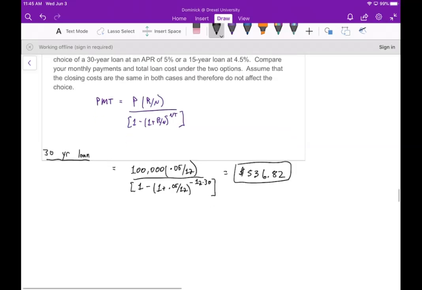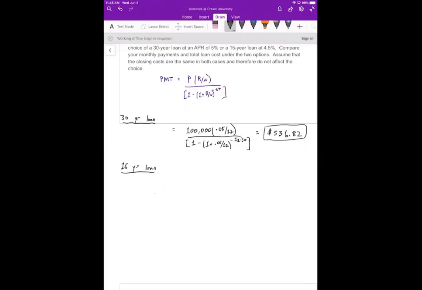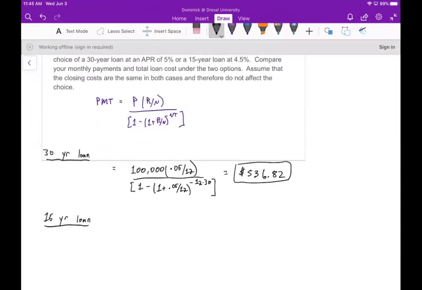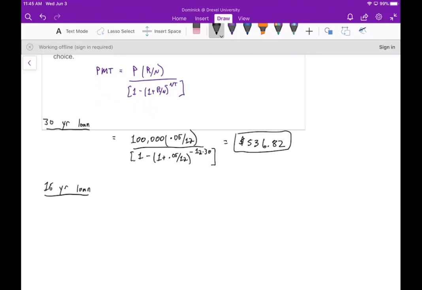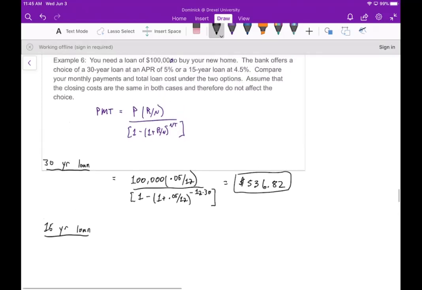Now let's look at the 15-year loan. One thing you should also be aware of is that the mortgage price is just to pay the mortgage. One thing that's kind of hidden, and is especially a bummer if you live in the Northeast United States, is that you're also going to have to pay a fair amount of property tax with your mortgage payment. In a lot of cases, if you live in a Northeastern state, that property tax will double or even more your mortgage payment. But anyway,